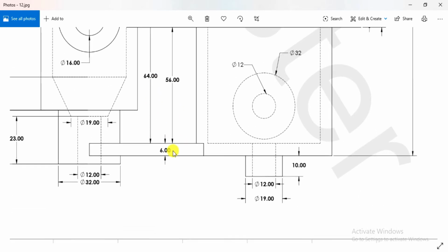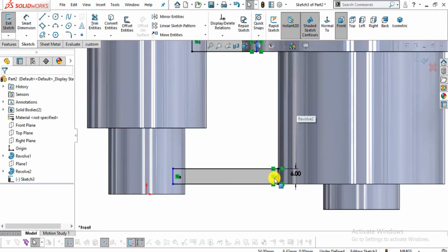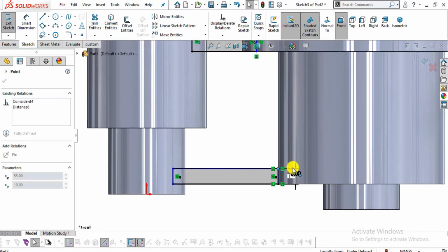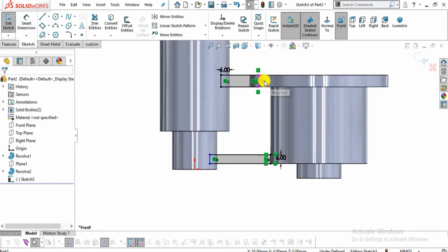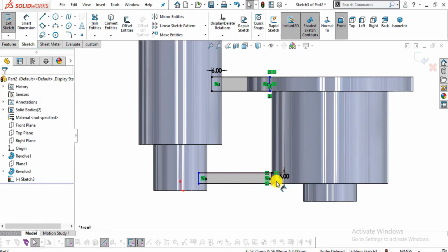Now we will simply drag this up to, this is coincident, let me drag this up to here and delete this coincident relationship,